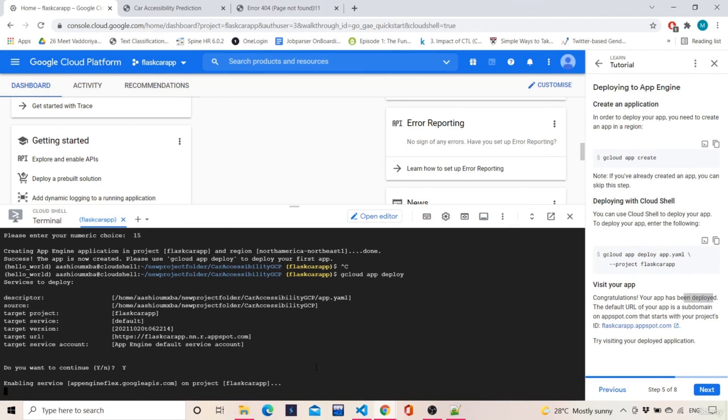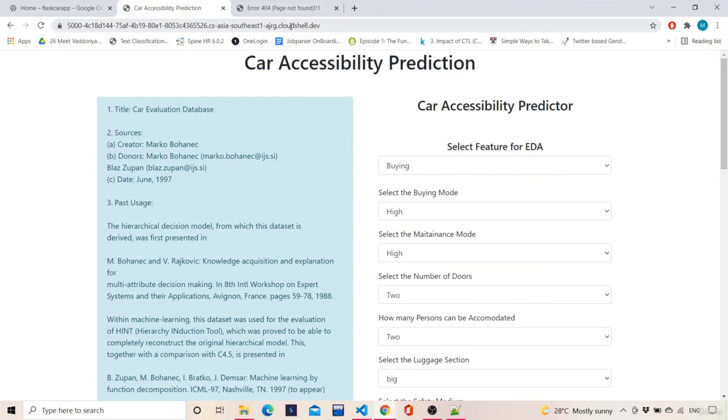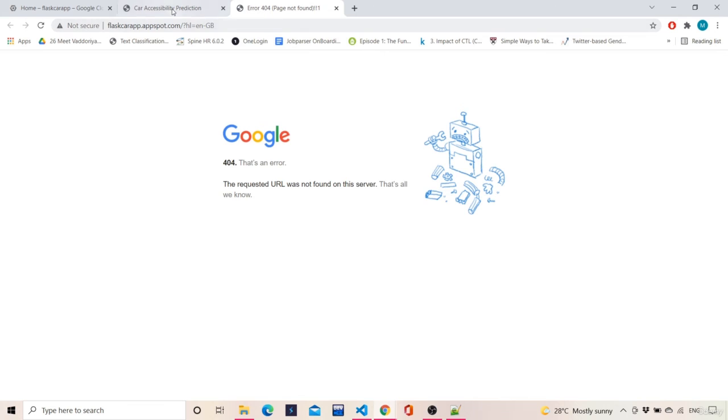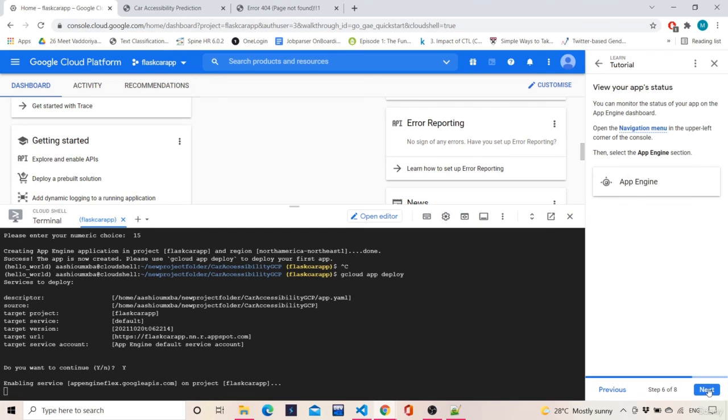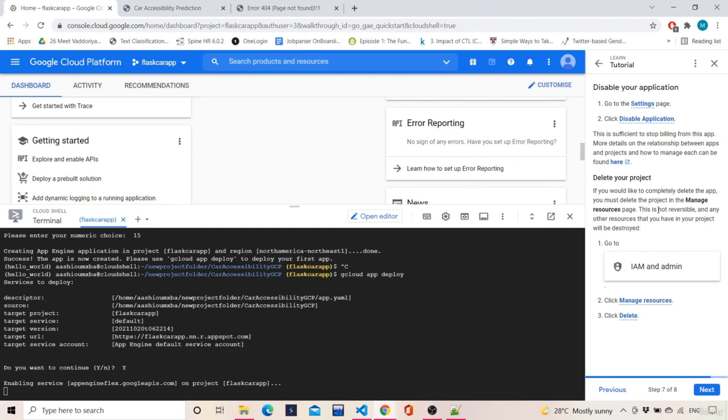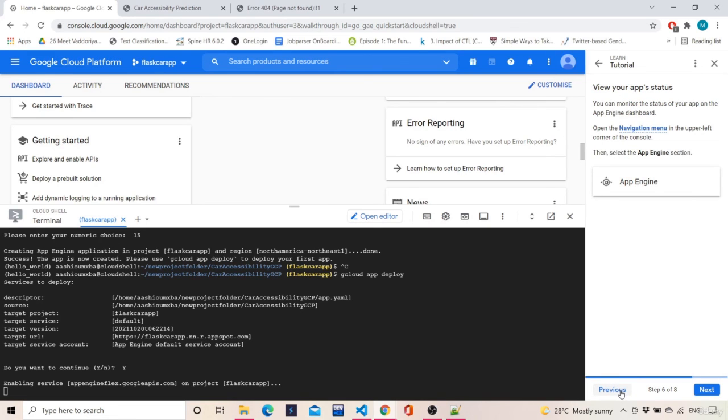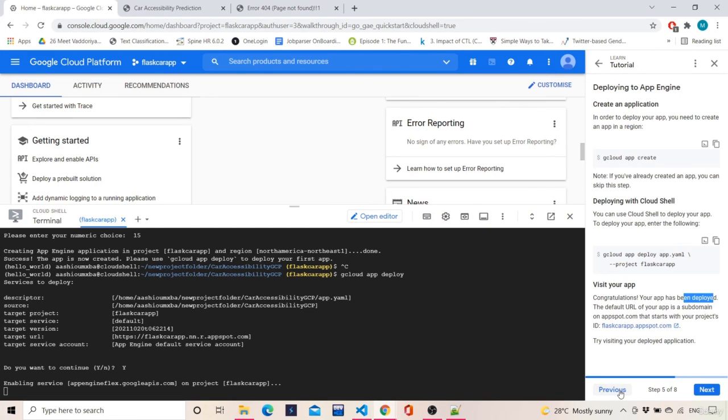So this is all about the deployment on Google Cloud. At the end you will get an interface like this, but the URL will be different. That's it, nothing more than that. It will take a lot of time to deploy. I hope everything makes sense. If you want to maintain the app, you can click on next and follow the procedures over here, and you can figure it out yourself. After this, it's self-explanatory.